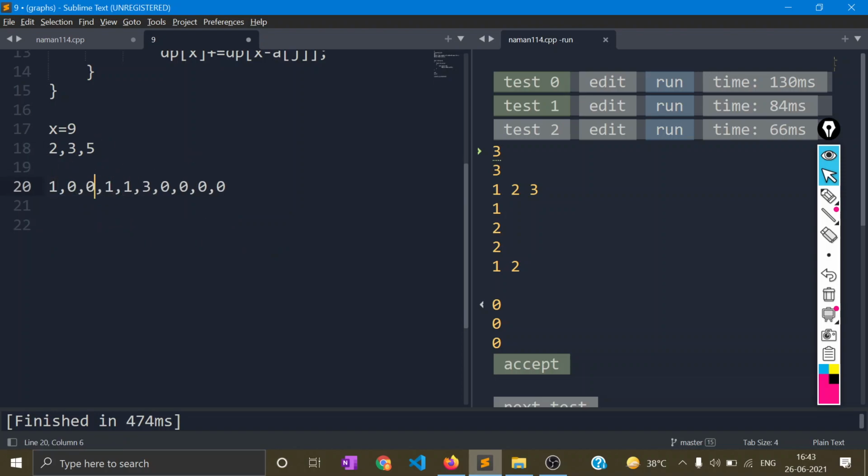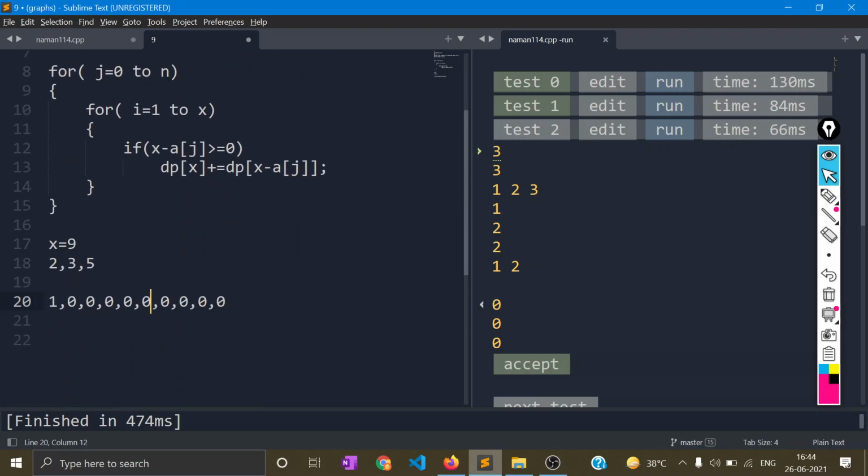initially our array would look like 0 0 0 and 0, and we would be running this approach as well. So we are considering all x for each i. So for 2, I would consider this. This would be changed to 1. I can also make a sum of 4. I'm not actually getting to all x because it would require time, because 0, 1, 2, 3, 4, 7, and 9. We know that 2 would be contributing to 4, 2, 6, and 8, right? It can contribute to all these four things only.